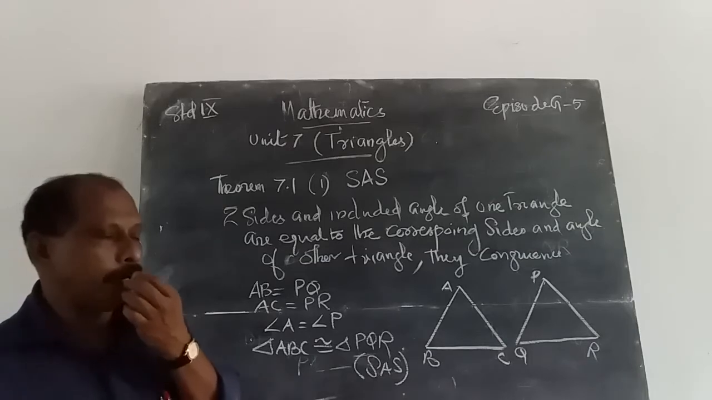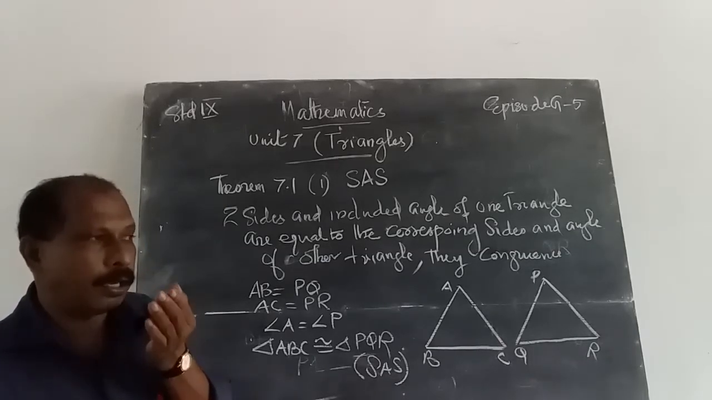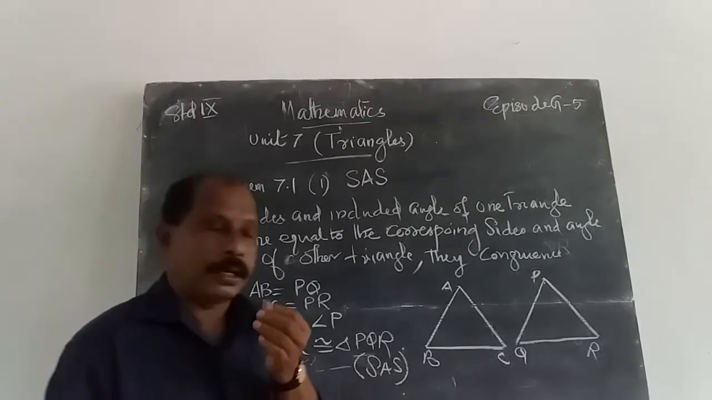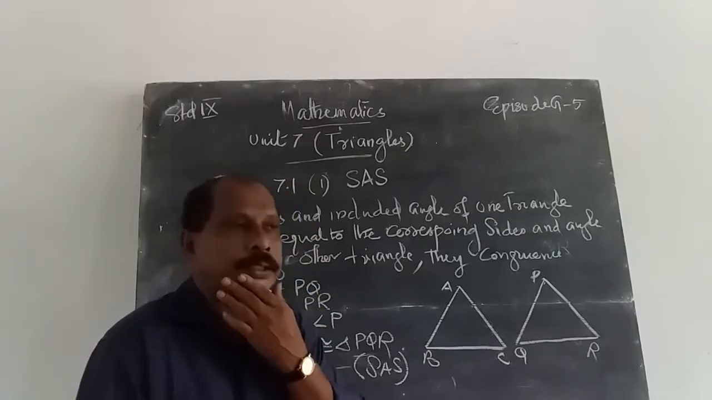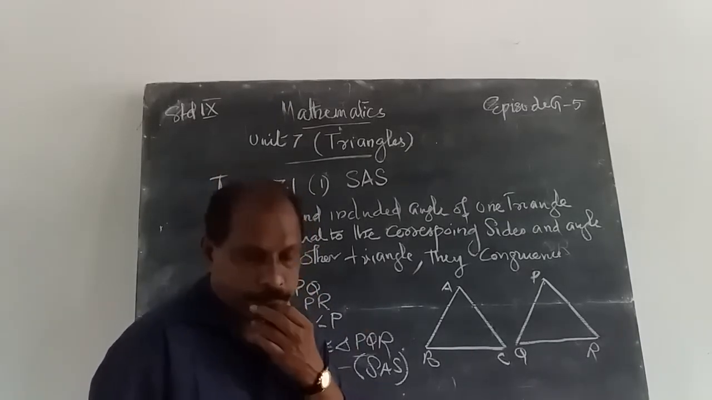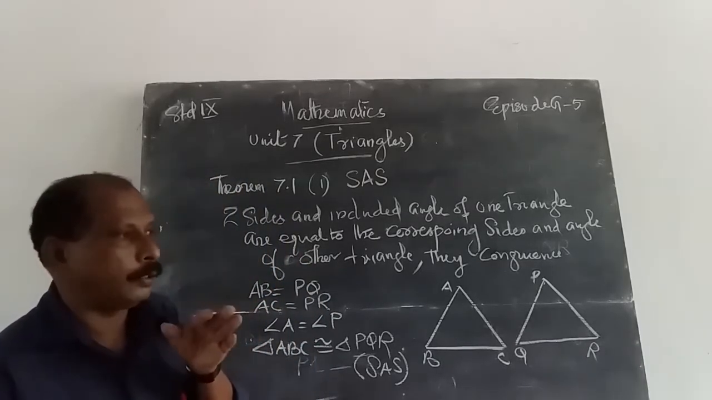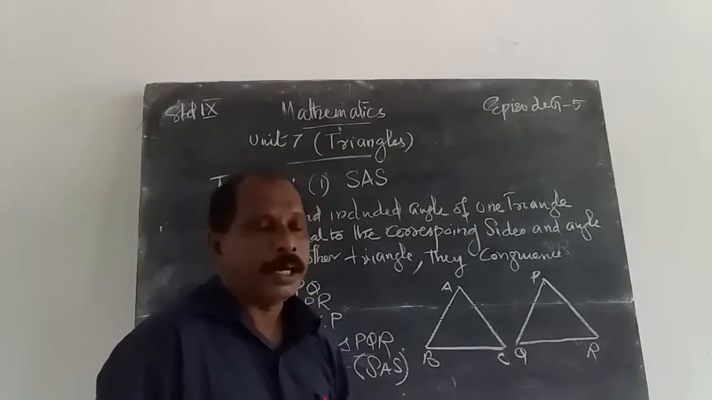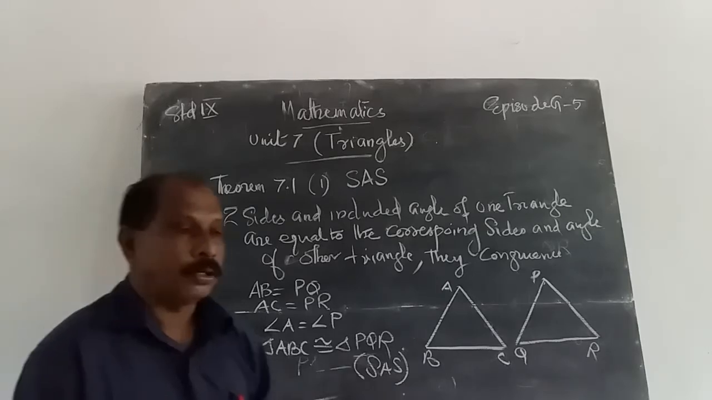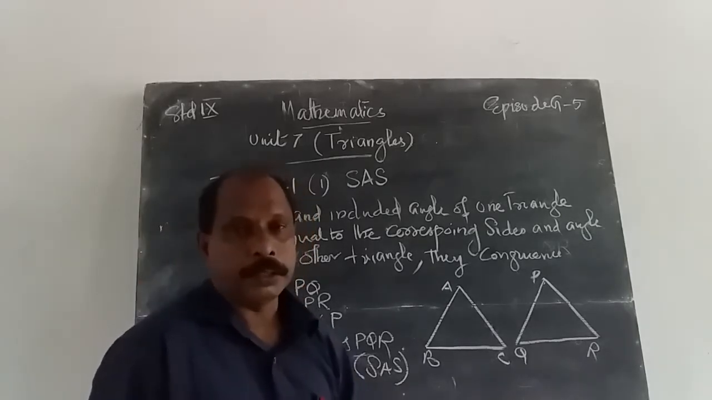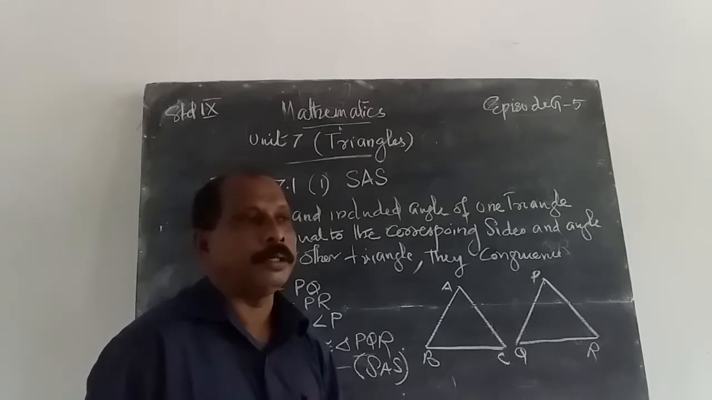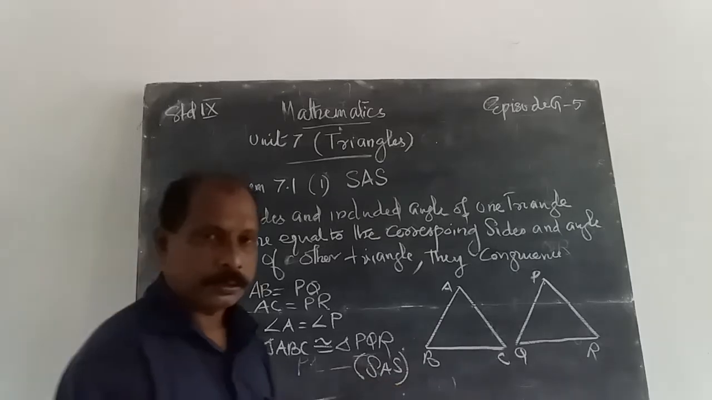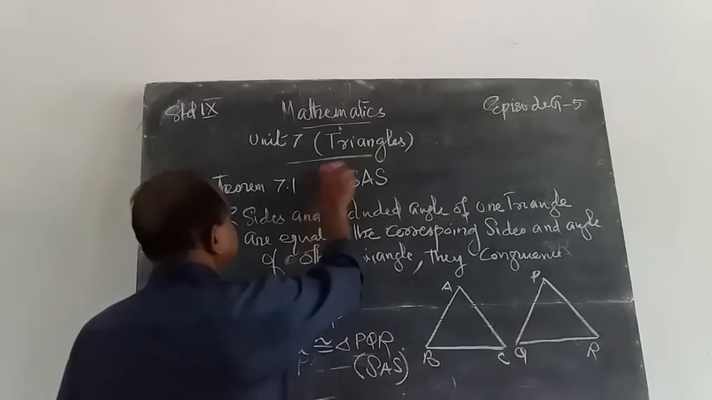Clear? That means two sides and included angle of a triangle are equal to the corresponding two sides and included angle of the other triangle. They are congruent. That is the statement of the first theorem. For example, ABC and PQR are two triangles. AB is equal to PQ, AC is equal to PR, angle A is equal to angle P, therefore side, angle, side, therefore triangle ABC is congruent to triangle PQR. The reason is side, angle, side congruent. Clear? Then the second one is